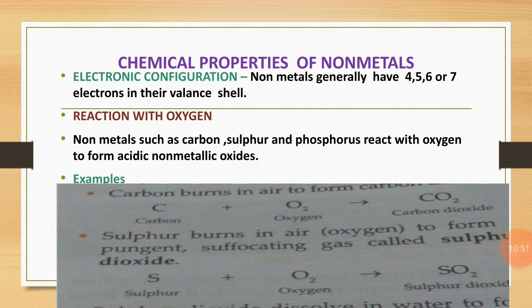The name of that acid is sulfurous acid. Now we can also understand this with the help of one activity. In this activity, first of all, take a small amount of sulfur powder. Sulfur is a non-metal. Take a small amount of sulfur powder in a deflagrating spoon and heat it over the flame of a Bunsen burner. When the sulfur starts burning,